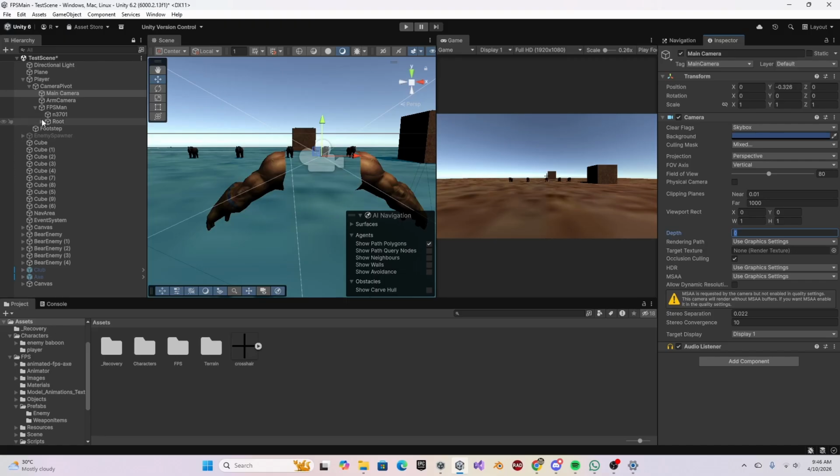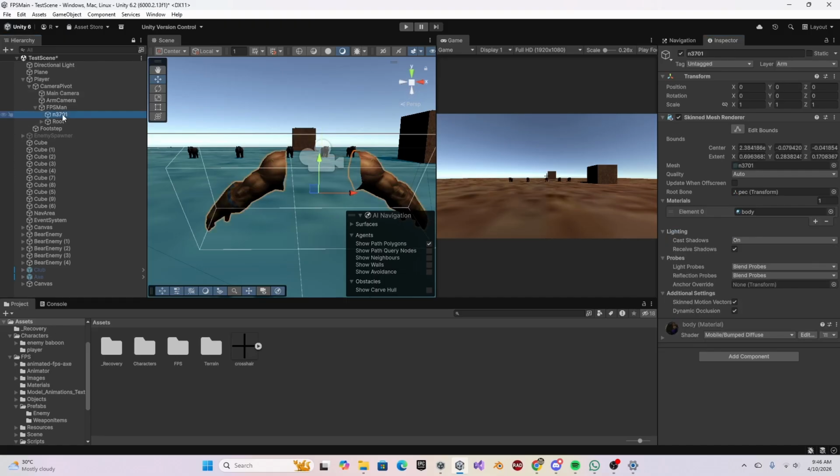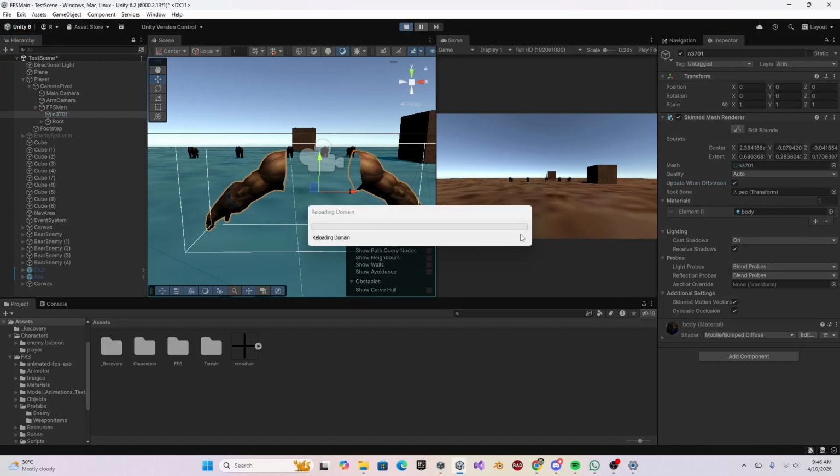Also, before I forget, you come to your mesh, your skinned mesh renderer, and then you enable update when offscreen. And then when we test,